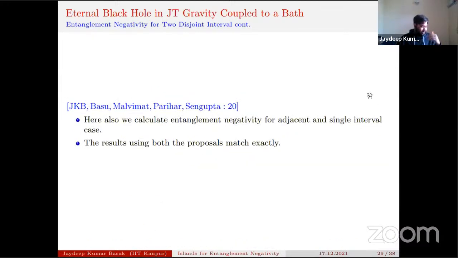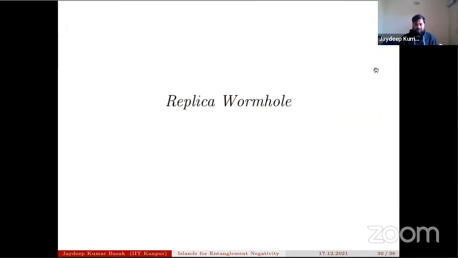In that case, we will get 0 negativity. So we can consider different types of phases, and also we can consider negativity for adjacent and single interval cases. And what we saw is that the results using both the proposals match exactly for all the cases. Now, as I have time, I will go to the replica one more scenario where we see,